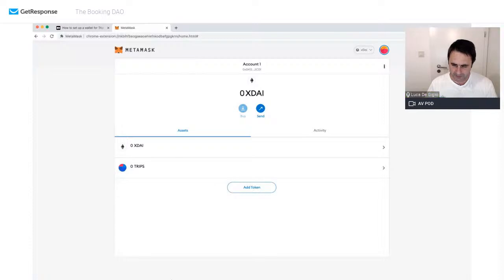Let me see if I have some trip tokens. And I have to have them on XDAI. I cannot have them on the Ethereum main network. So I don't have it here. Let's see, account one. No, I have to